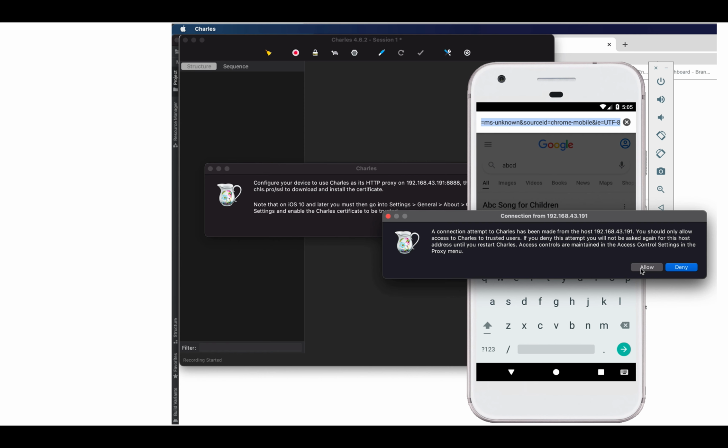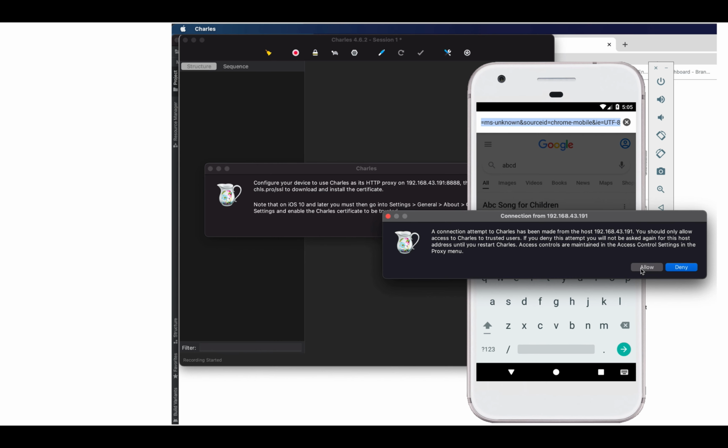As soon as you start your Chrome and try to type something, you will get a prompt that your connection needs to be allowed by the Charles. So you need to click on that allow button to proceed further.